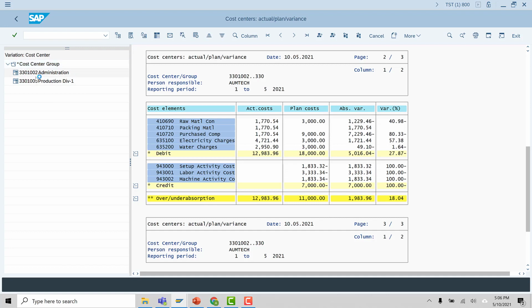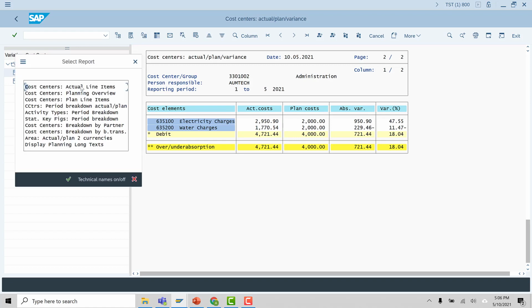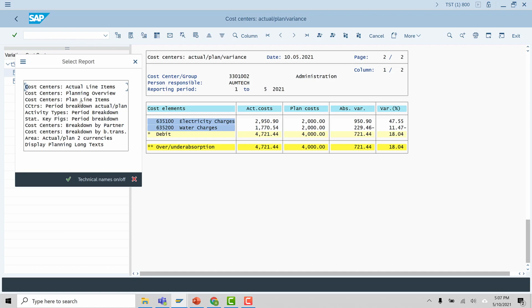So now you take the cost center administration and you see in the actual, now you have the values here: 2950. I posted first 2000 US dollar and then we posted 500 US dollar, but it's appearing 2950. That is because the controlling area currency is euro, and this is getting reflected in euro. But if you look at the US dollar, then you can see 2500 US dollar. Again, you have this functionality: place your cursor on this amount, double click it, and then you can select one of these options.